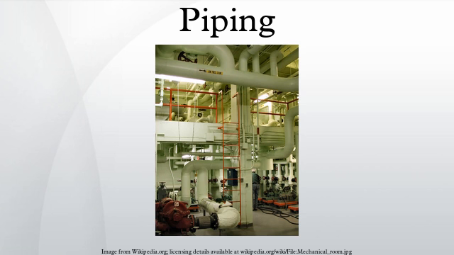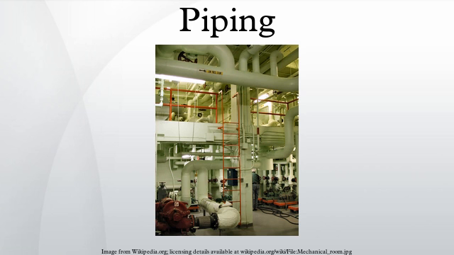ASTM, American Society for Testing and Materials, ASTM A252 Standard Specification for Welded and Seamless Steel Pipe Piles. API, American Petroleum Institute, API 5L Petroleum and Natural Gas Industries, Steel Pipe for Pipeline Transportation Systems. EN 13480, European Metallic Industrial Piping Code, EN 13480-1 Metallic Industrial Piping, Part 1, General, EN 13480-2 Metallic Industrial Piping, Part 2, Materials,